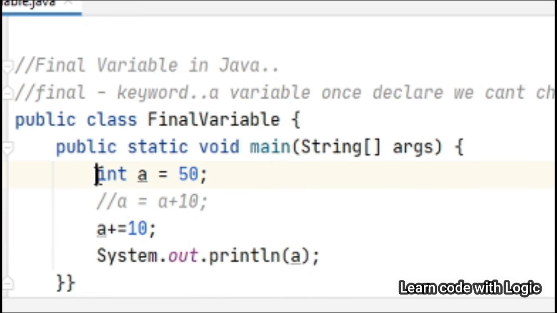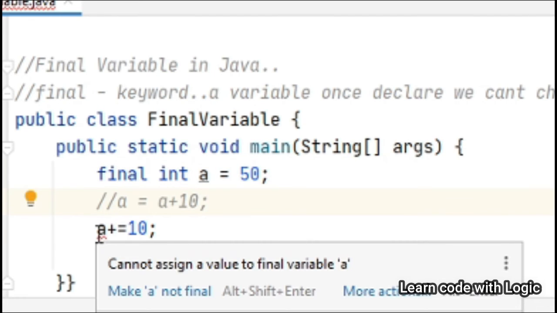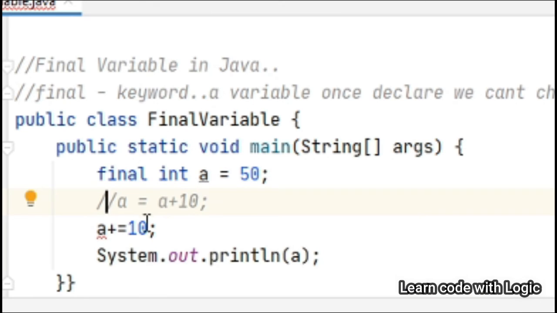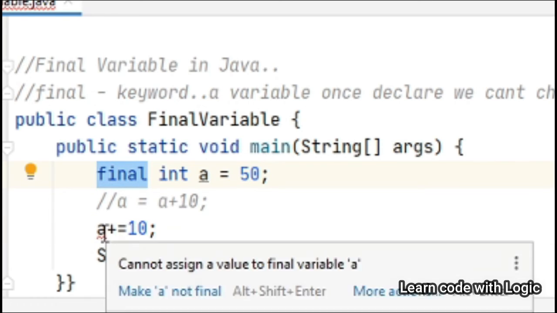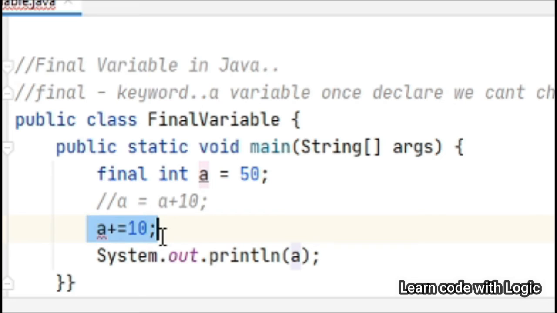Let's see, if you add the final word here, we will immediately get a compile time error, saying you cannot assign a value to a final variable, and make a not final. So it is suggesting either this should not be final, that is one option, or the second option is don't change the value.